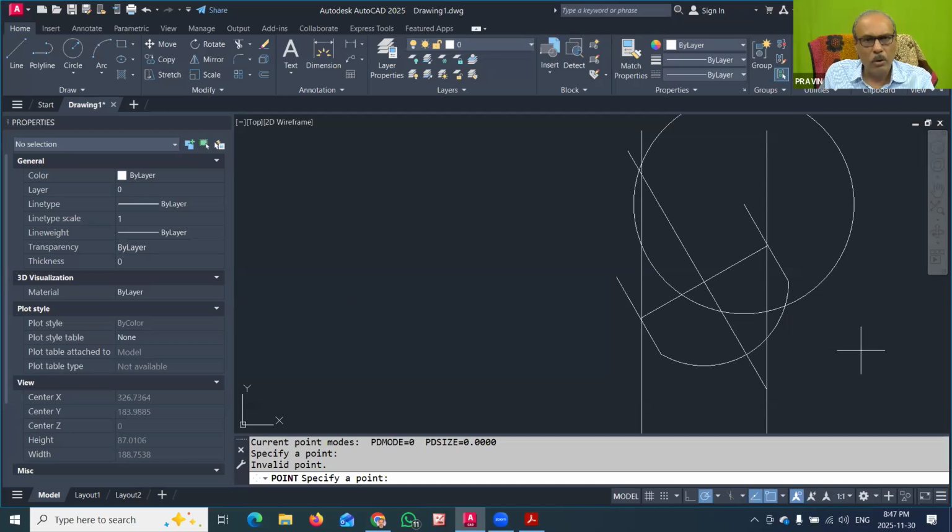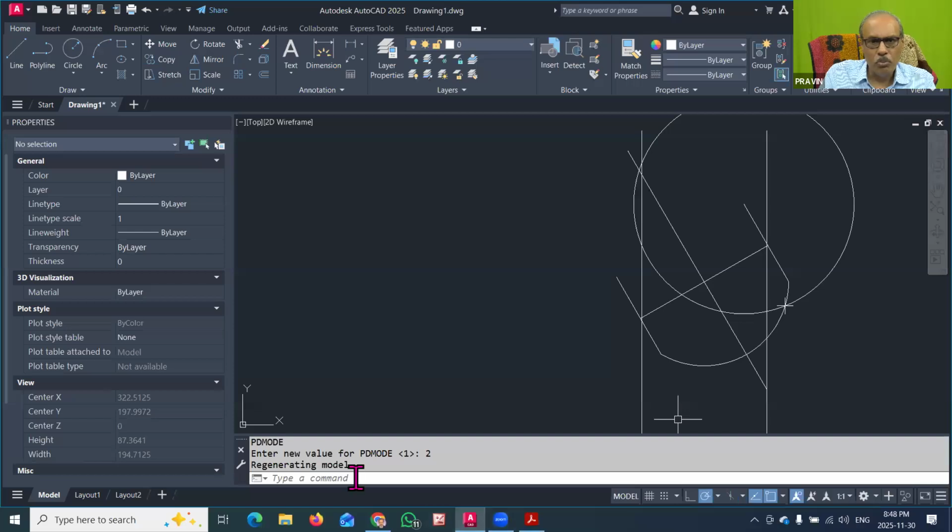So what I have to do is go to the option on the command line, PDMODE, PD mode, and I will place the PD mode value as 1. Again, I will go to PD mode and give the value 2. You can see that now the plus sign appears here.